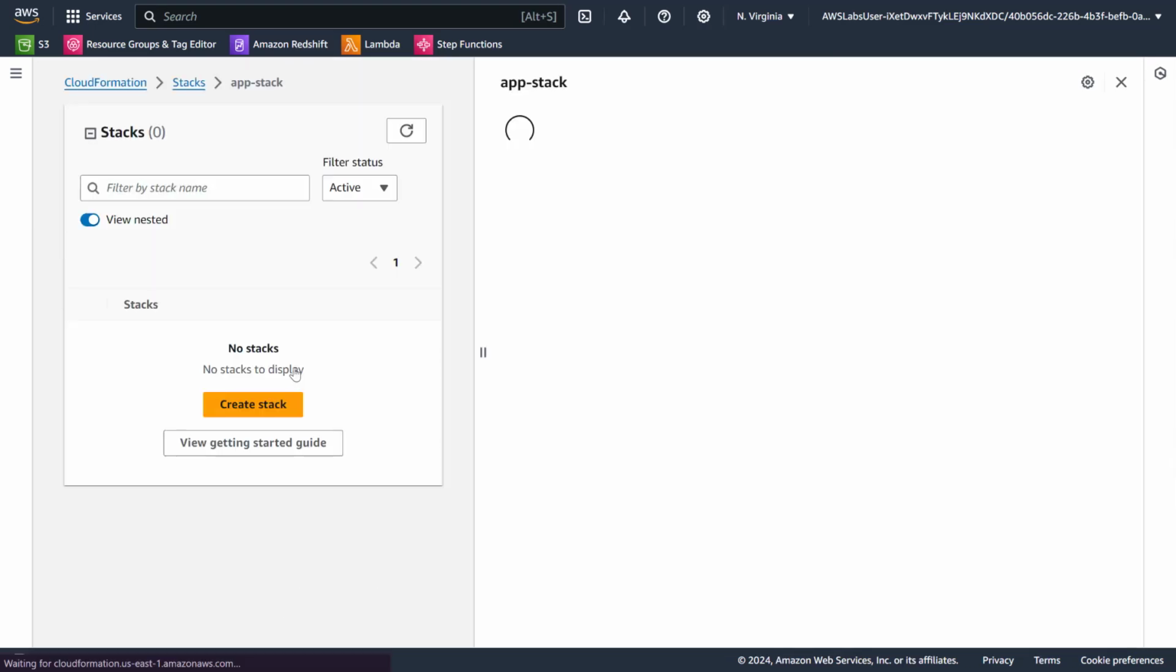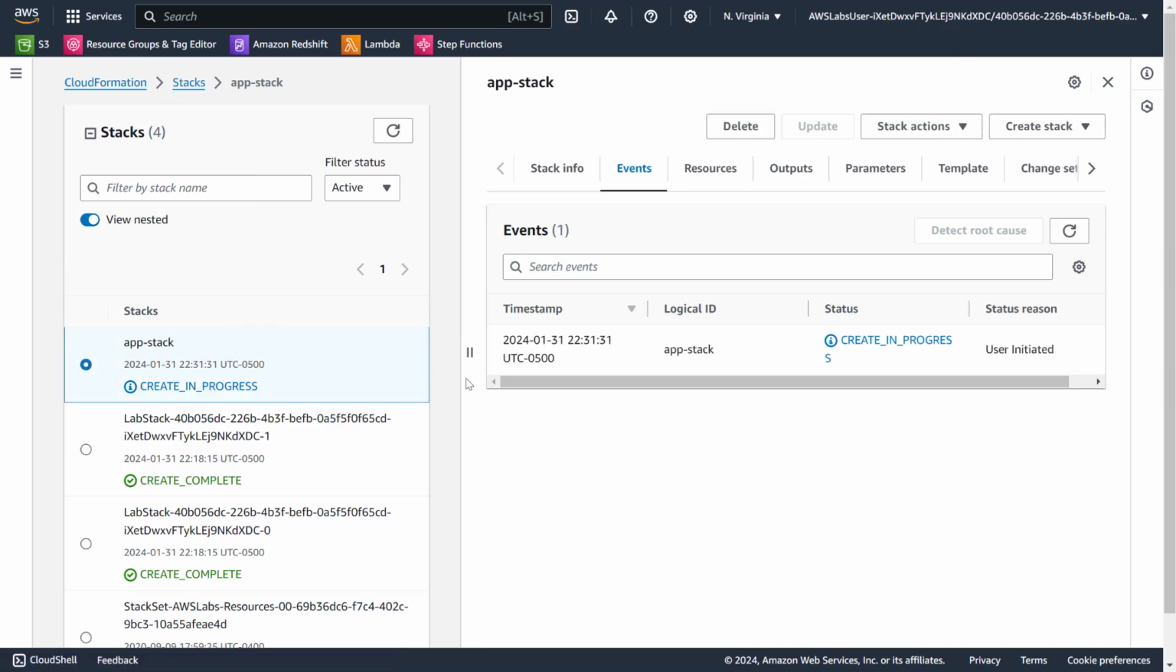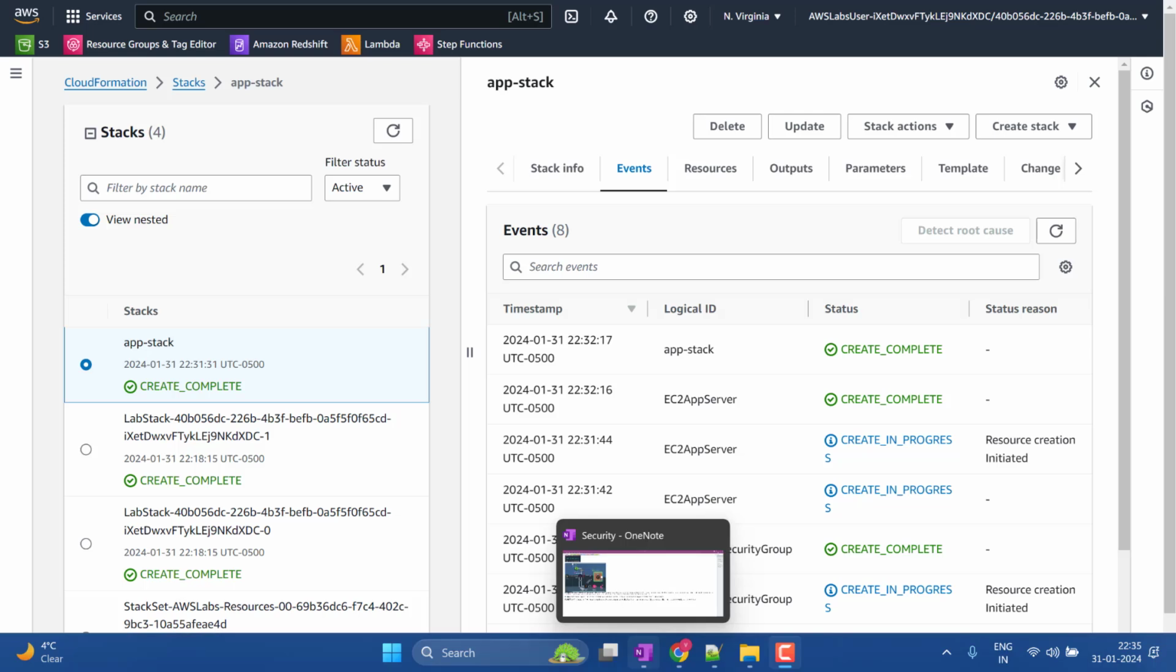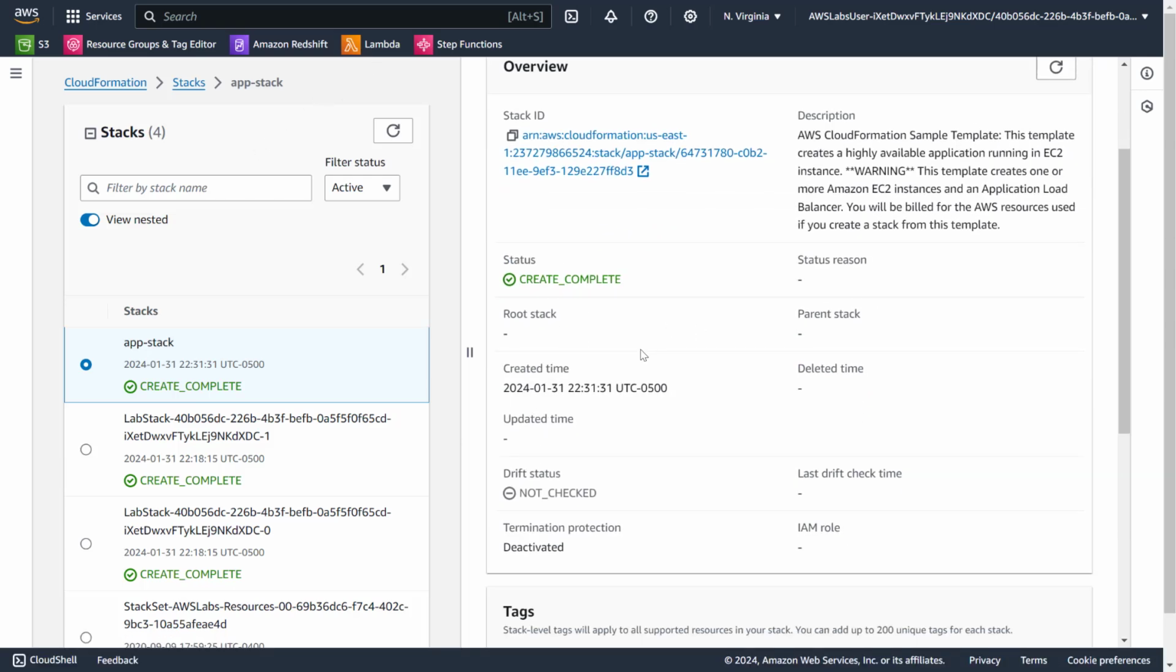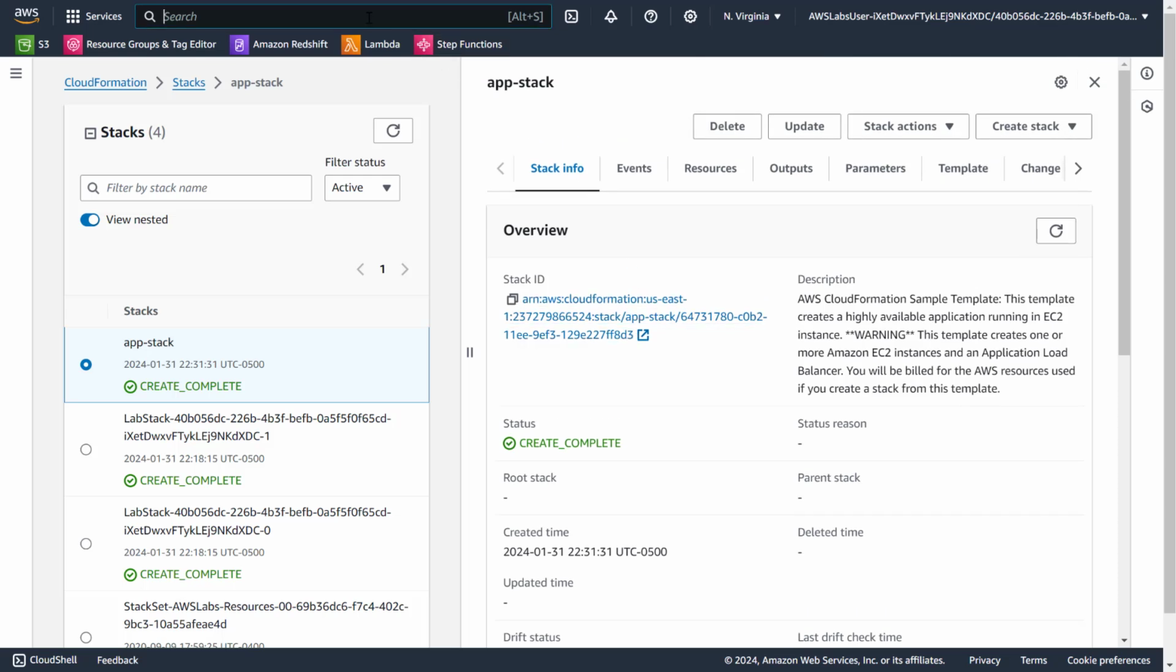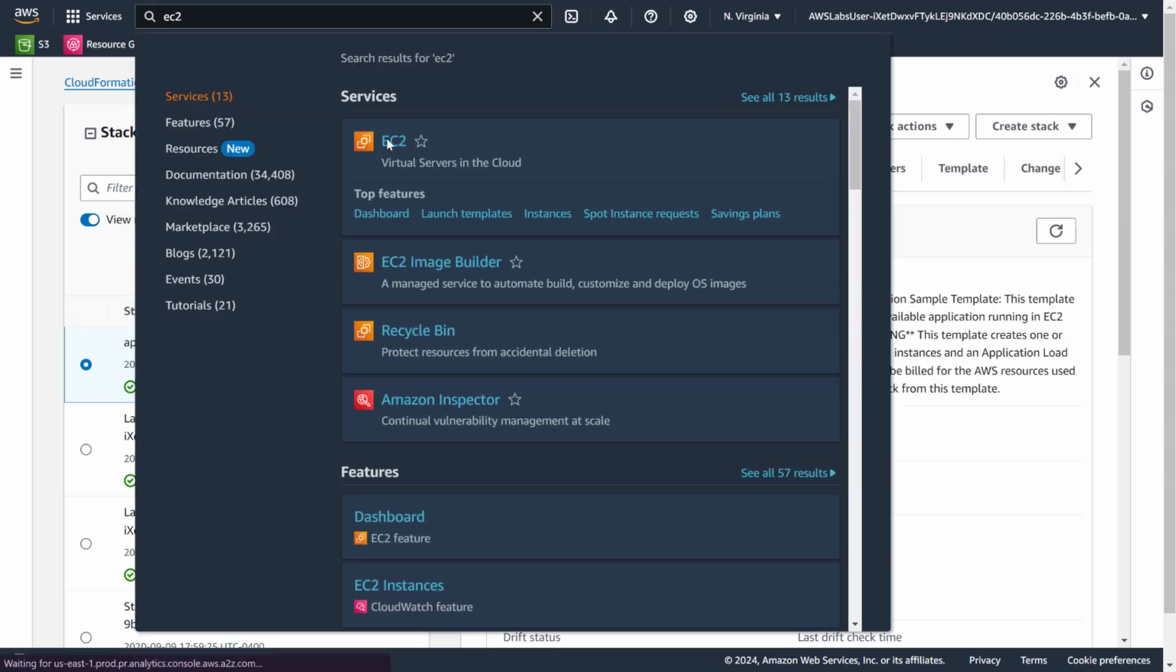Submit it. I don't think it will take a long time because it's just an EC2 instance that is triggering. So let it take time. I will be back. Okay, as you can see, our app server is created right now as we speak. So let's go ahead. Stack info, you can see it's create complete, and we are not going to come back here. So let's go to EC2,